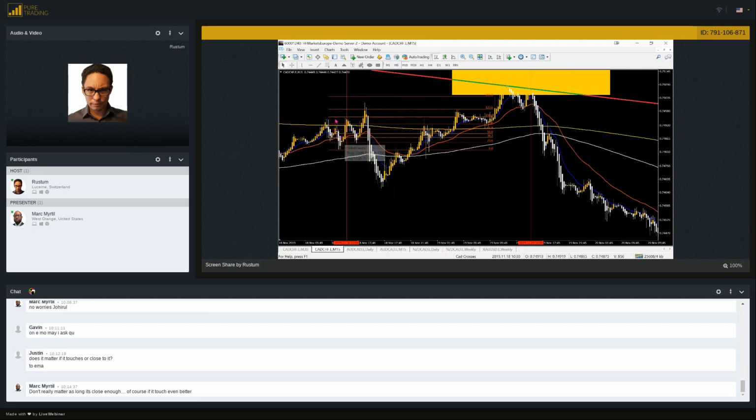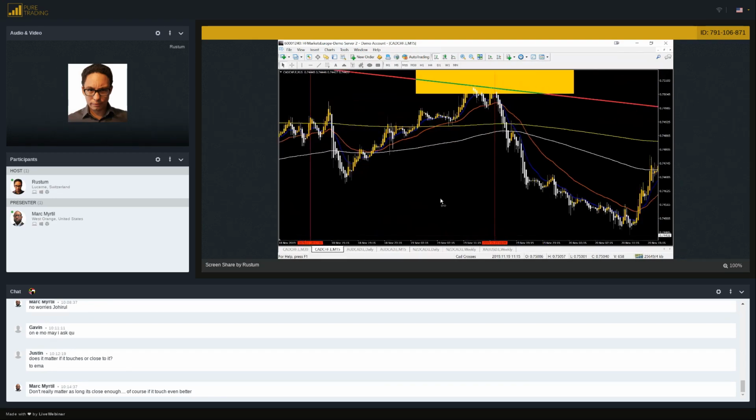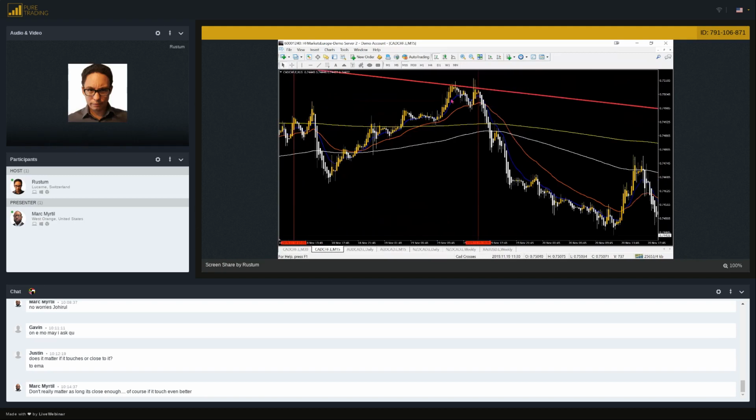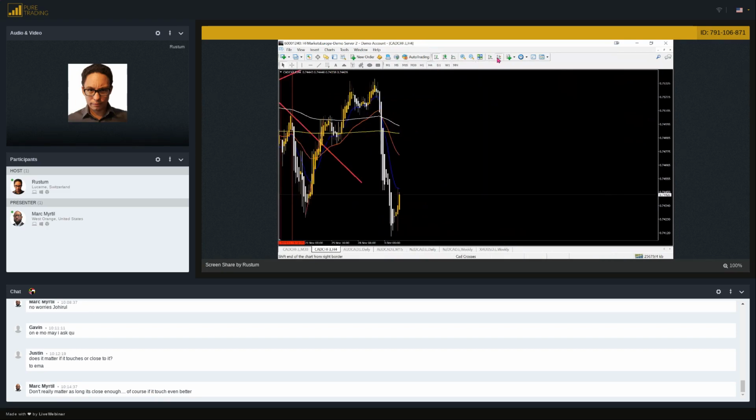So price makes a high there, comes down, and then it retraces all the way up to 123.6, but unfortunately closes there. So we are a bit skeptical. We don't feel happy about this one. And then we have this other opportunity over here. This is probably your RSI opportunity. Yeah, but you know you're looking for a short in that area based on what you've identified on the H4,